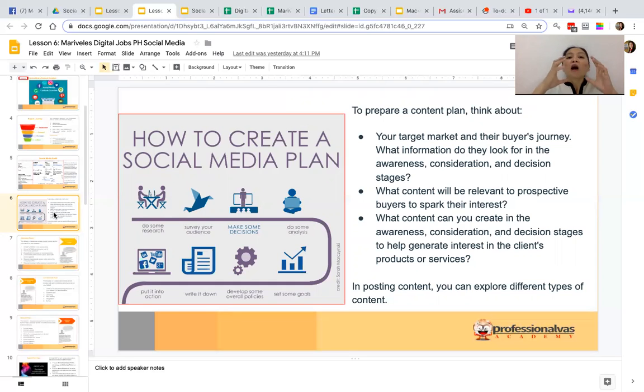And then when you've established that they already have considered getting your product, you need to start posting about decision. If you purchase the product now, you'll get 10% off. If you refer somebody, you get 20% off, something like that. So those are the different stages of posting.